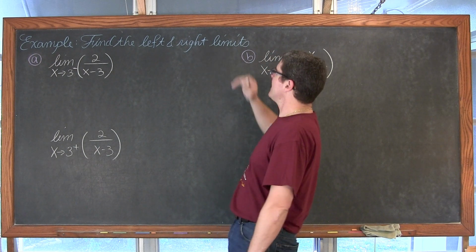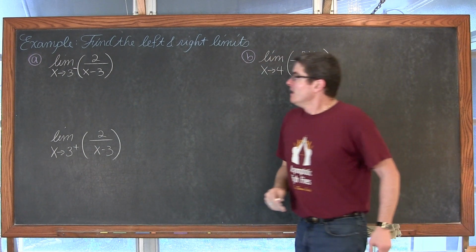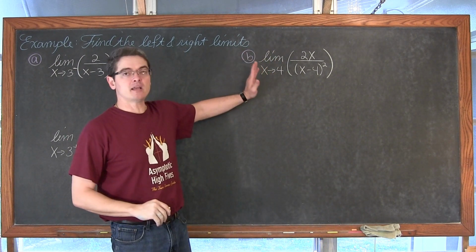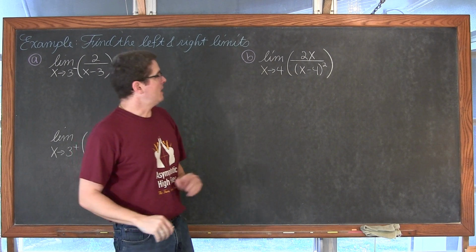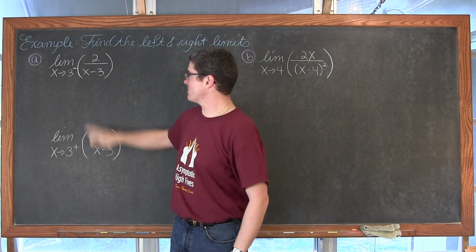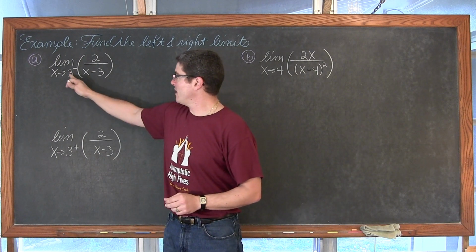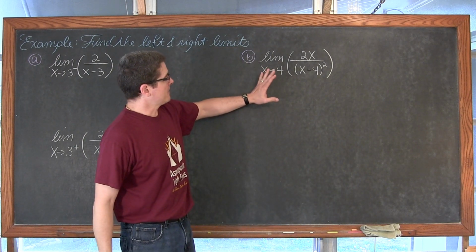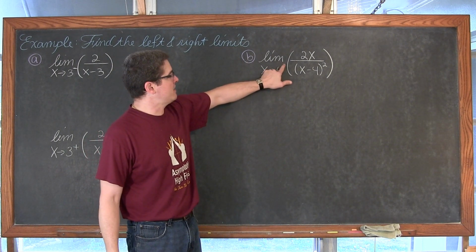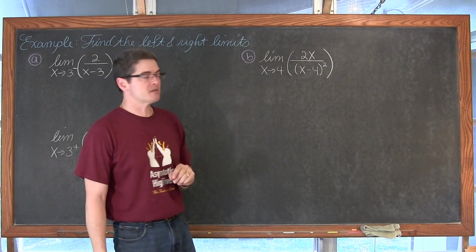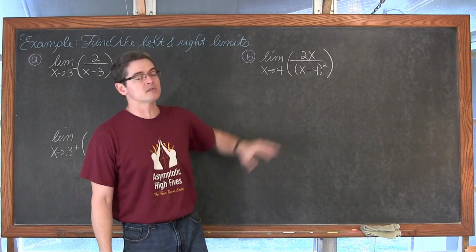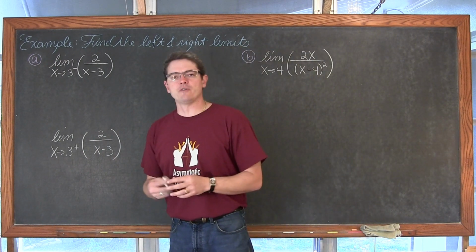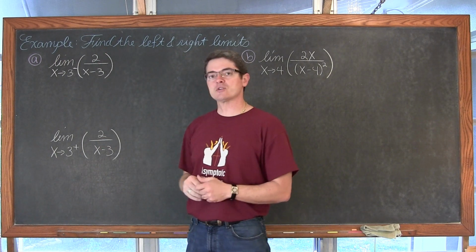First example, find the left and right limits. Part A, I'm specifically showing you that I want the left and right limits. In my second example, I'm just saying find the limit as x approaches 4. In both of these examples, we have denominators which are going to become 0 when we try and approach 3, and they're not going to cancel out in any fashion. So this one, not having an indication of left or right, but just says find the limit as x approaches 4, you're going to have to understand that you need to find those left and right limits and make sure that they're equal.